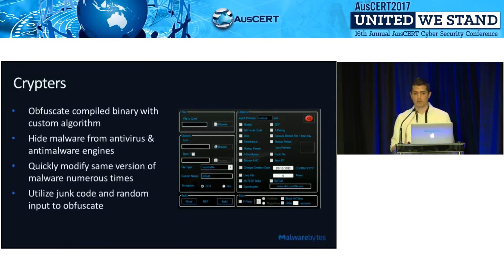These are sophisticated techniques that cover both AV and next-gen solutions. They are able to quickly modify the same versions of malware numerous times, and it's not just an application which a would-be malicious attacker uses to modify it on demand. There are actually techniques by which malware itself can mutate and modify itself at each execution, and then use tools like EternalBlue to deliver a completely mutated version of the malware to another host.